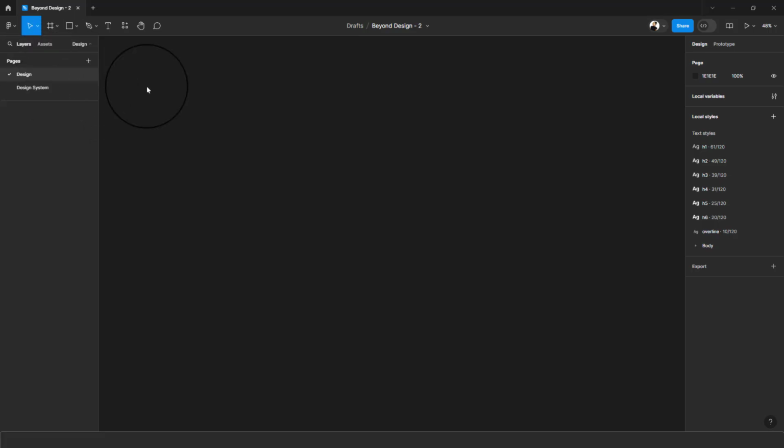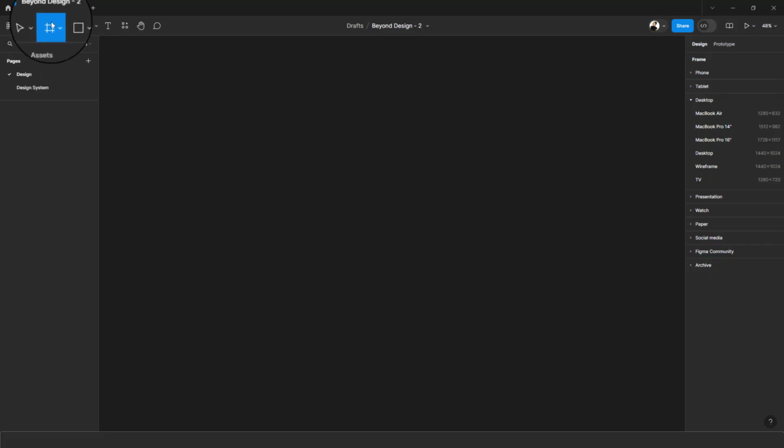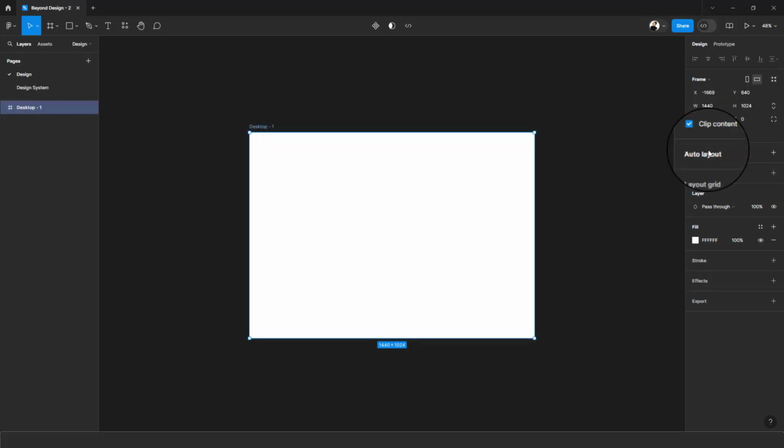Now, we are going to start designing. So in order to start, we're going to have to create a frame. Make sure that you select the frame tool rather. Then you come under the design panel and we're going to select desktop. We'll call this team,